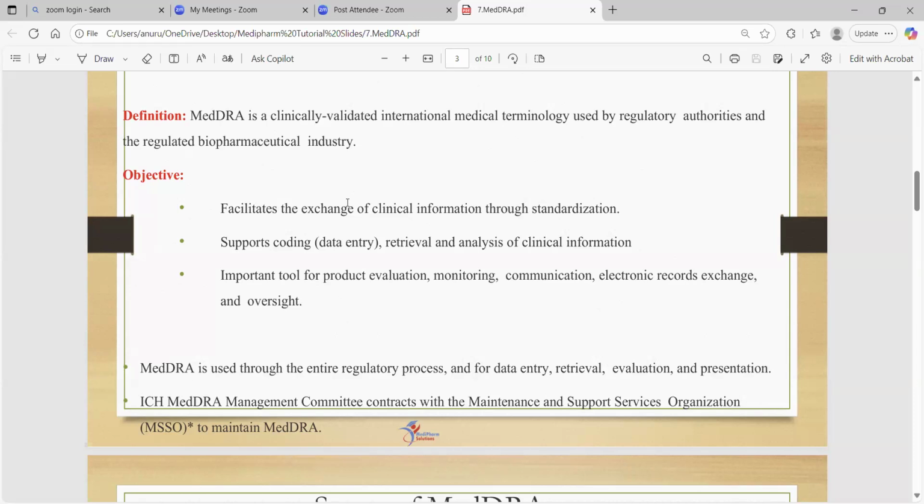So when you report it by using MedDRA, it becomes a kind of data entry, an understanding language for the regulatory authorities